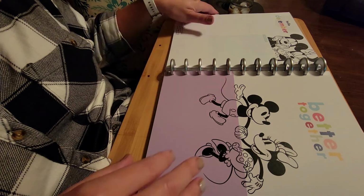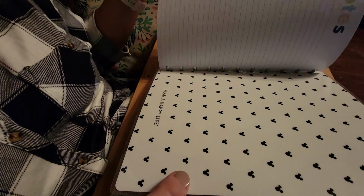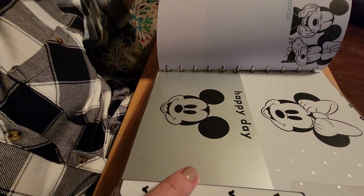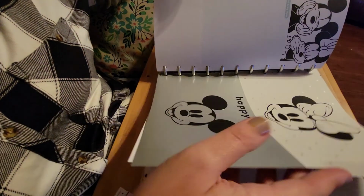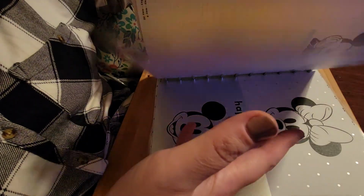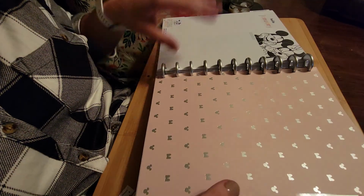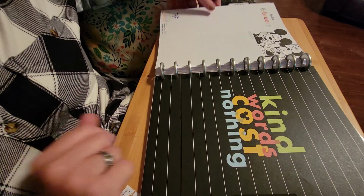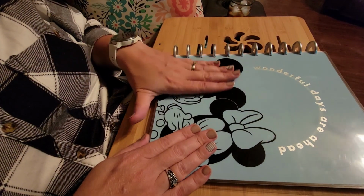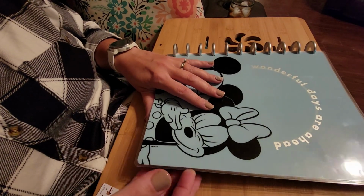But if it's something that I love, I have the rings, I have the dividers, I have the covers. So it would save a lot of money in the end, honestly, if I just bought the punch and printed my own out. So we'll see how it goes, see how well I keep up with it. And hopefully it is as lovely as I hoped it would be. Yes. Kind words cost nothing. And if nothing else, like I said, it was a steal of a deal. I only paid $5.99 for this at Ross,